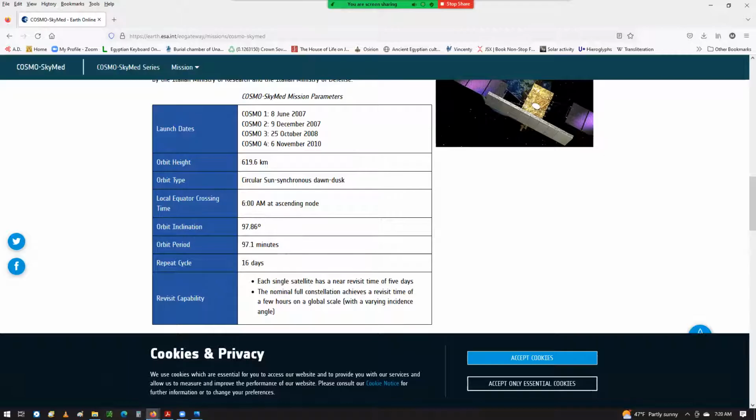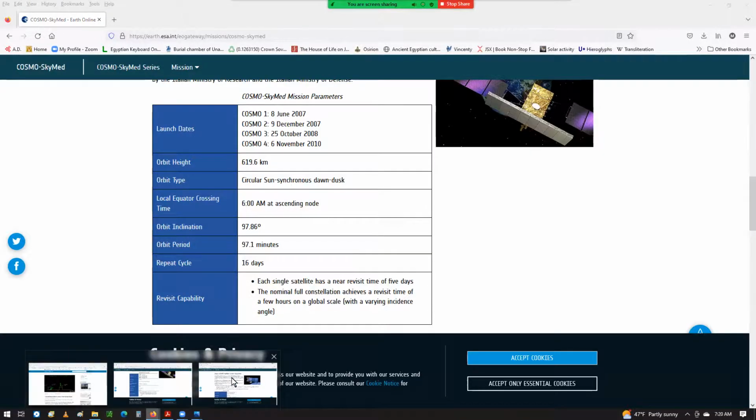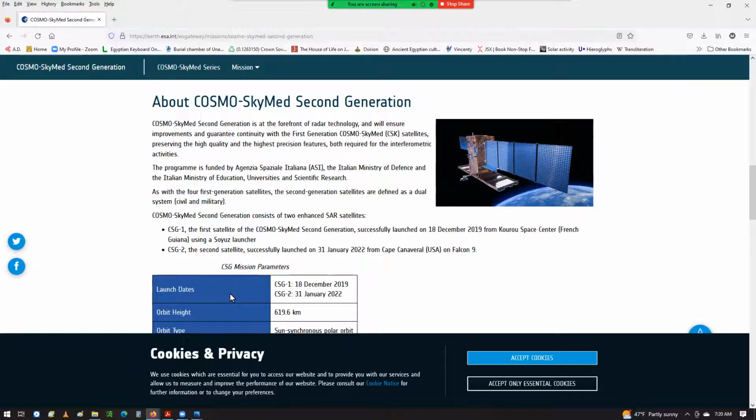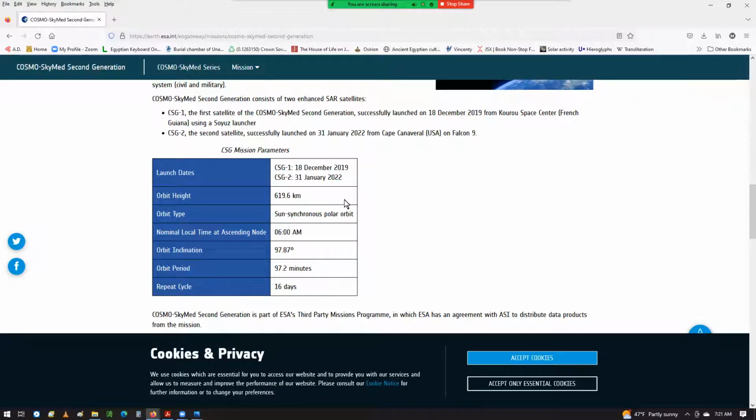Some of the data you can get from here. And then this one is the second generation. So this is the first one that went up in 2019. The second one is up, but I'm not sure if it's functional yet or if it was ever functional. From my reading, this is not working at this time, but I could be wrong. So similar height,